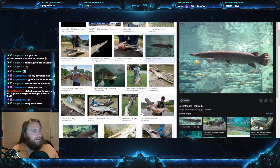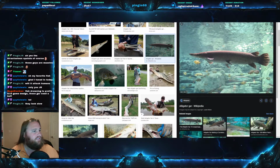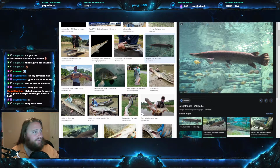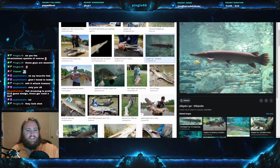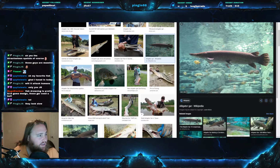The eggs hatch in about 48 hours, and then the larvae will finish off the yolk reserves and then float around as small fish. Now, to answer the question that I am sure is on many people's minds, and I know is on Junior's mind up in the chat, no, there has never been a documented attack by an alligator